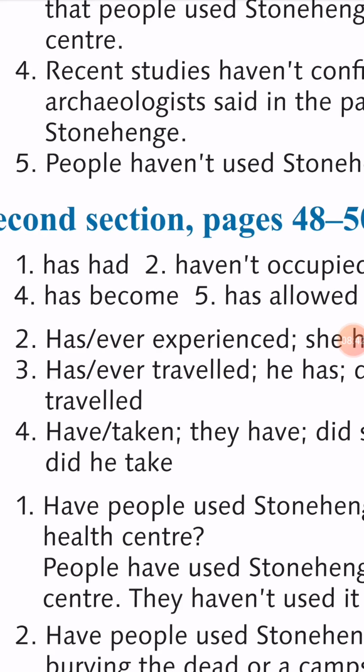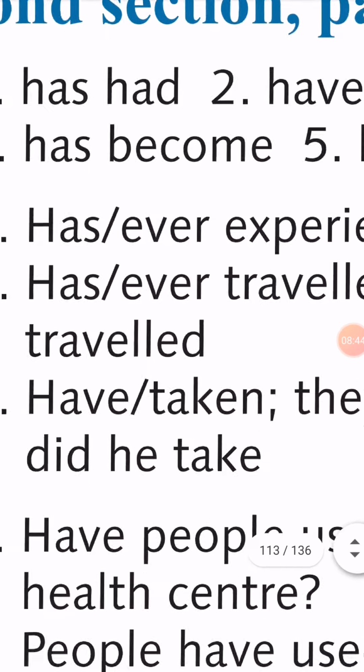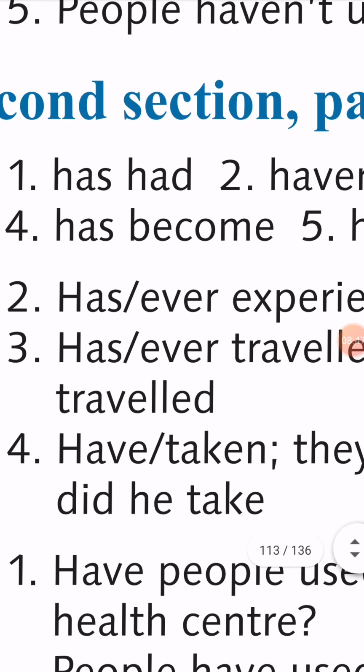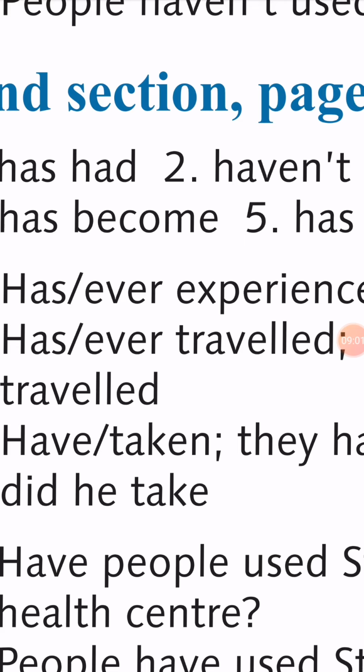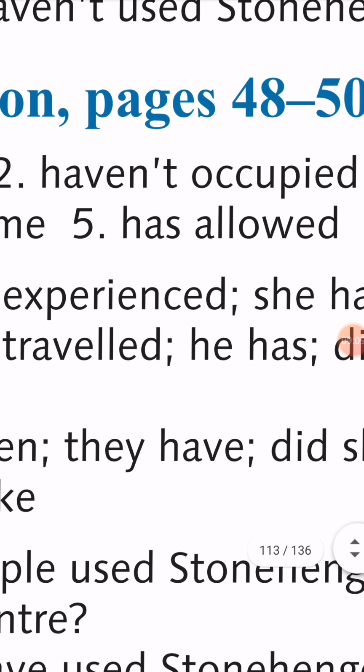Number 3 now, another question in present perfect. Hamid is the subject, so it's singular. You have to begin with what? With has. So, has Hamid ever traveled, the past participle of travel between brackets, to Saudi Arabia? Yes, he has. Because we have to exchange the subject with the verb to has.